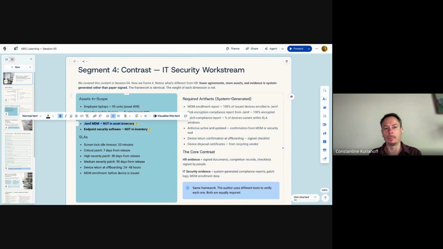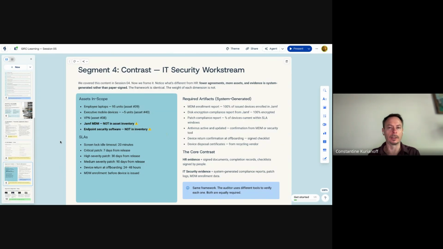So MDM is not in asset inventory, and it's a great thing to track, because SOC 2, for example, mandates centralized device management, and overall GRC principles mandate the same, you will be able to quickly go back to the stakeholder and say, hey, this has to be changed. We need a way to actually implement it.